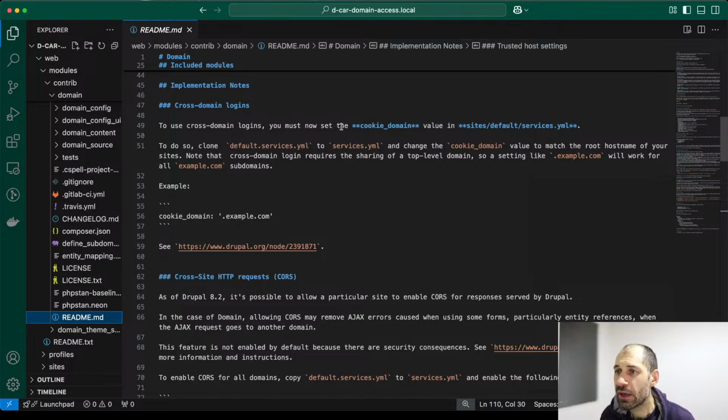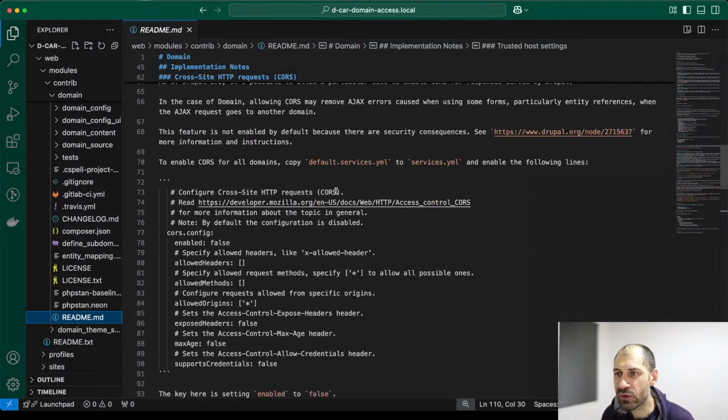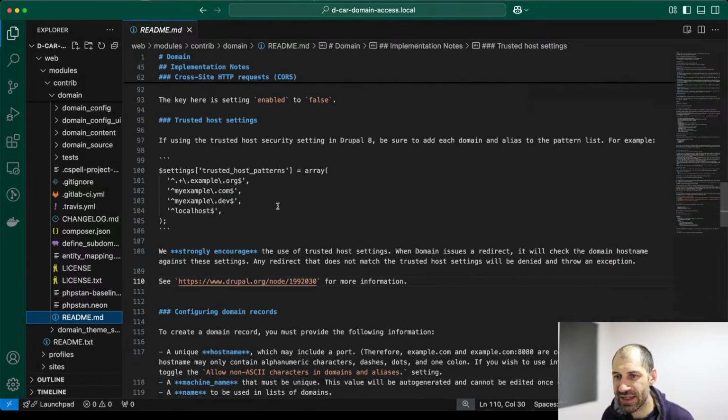You also want to configure a few things in the services. Now, I'm not going to do that because I don't have to do that locally, but things like sharing cookies, if you want users to log in between different sites, you can do that. You can set up the CORS as well, the trusted host settings,